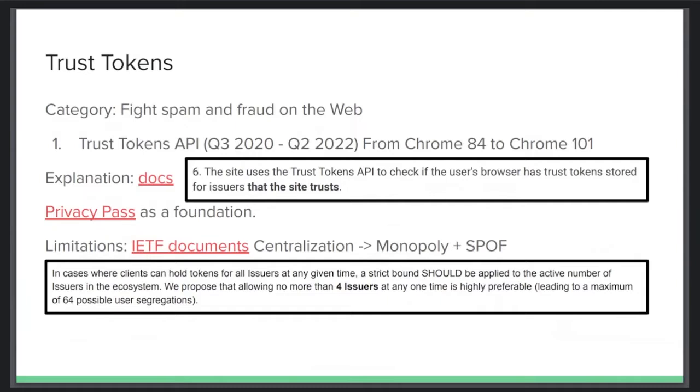So these tokens can be issued by a limited number of issuers. So basically, what's the catch here? If there are a lot of issuers, in that case, this API can basically be used to track a person, because the combination of issuers and trusted tokens can say where this user has been and which trusted tokens he received, and this is kind of an additional